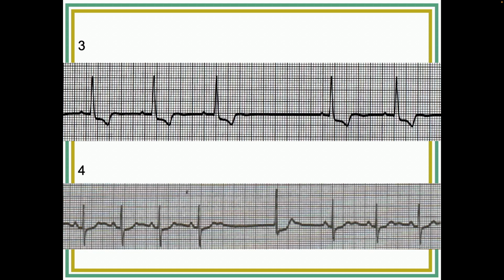And then that would be an escape beat, because it looks different from the other ones. And also, the QRS, how does it come in, early or late? Late. Right, so this is a really classic escape beat. Now, somebody explain again, what's the difference in the underlying mechanism between an escape beat and a